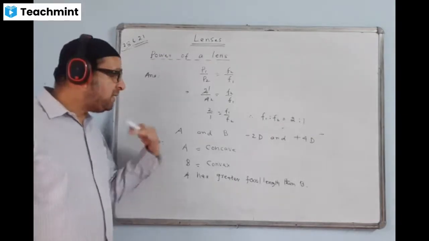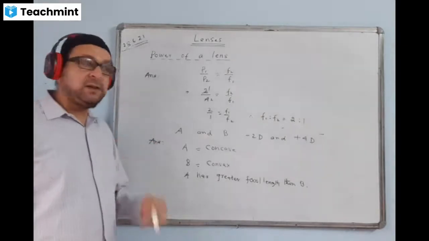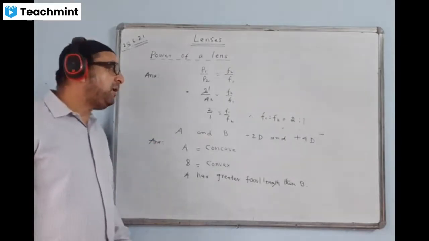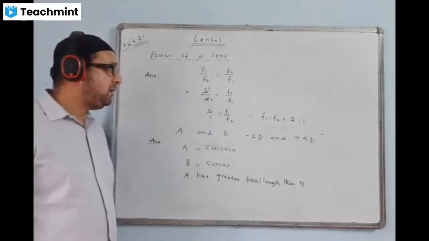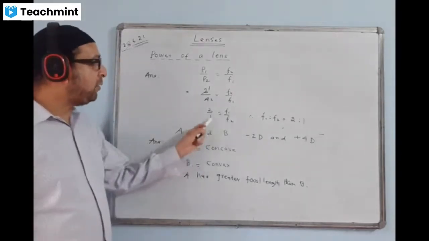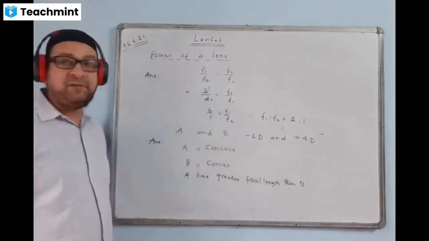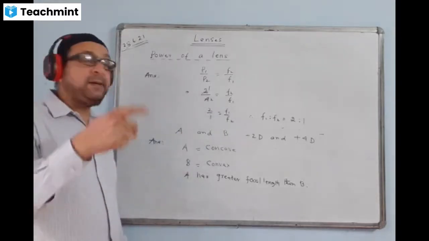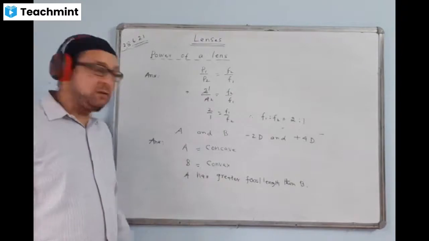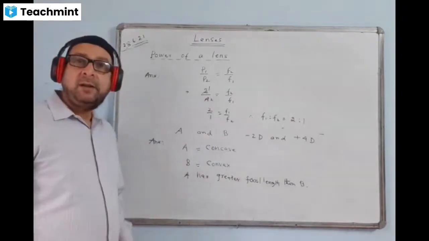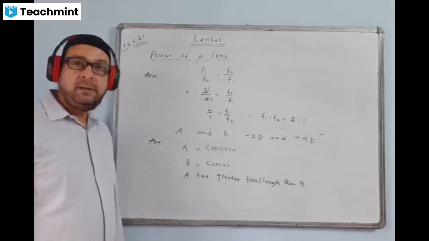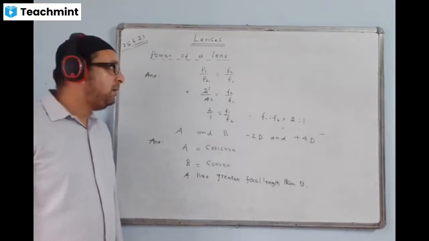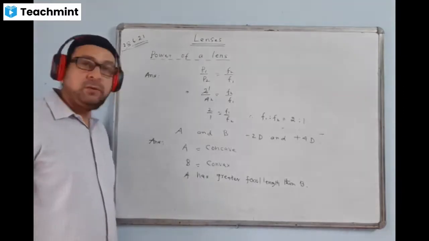If there is an additional part of the question that asks what is the ratio of their focal lengths, or compare their focal lengths, then you will do like this. And from here you can make out F1 is equal to 2 times F2. That means F1 is bigger than F2. The focal length of lens A is twice the focal length of lens B. That's why A has greater focal length. That's what we have written and you should write.